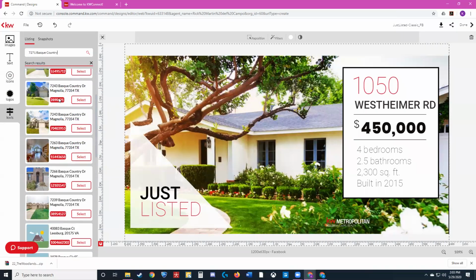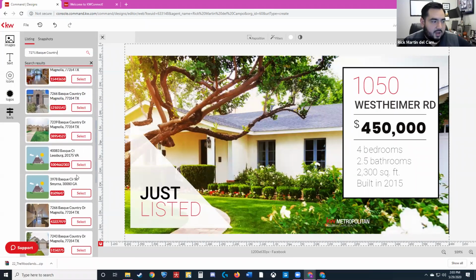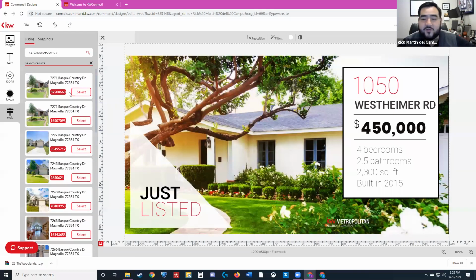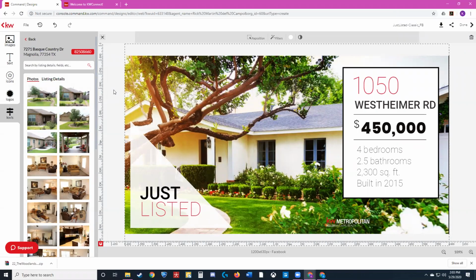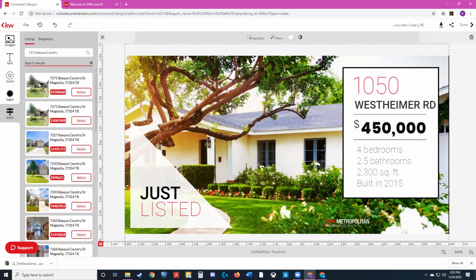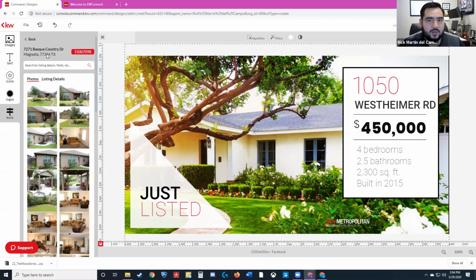If you notice, it gave me a list of all these matching listings in KW. Some of them are outside of the state, so you'll see some in Virginia. But once you find the one that's yours, you hit select, and it's awesome because it imports all the photos already. You don't have to worry about going to MLS, downloading the photos, and uploading them. It's all here within Command. That's the old one, so it would need to be the 15007098, the correct one you'd want to select. And you can search by MLS number as well if you've got that.